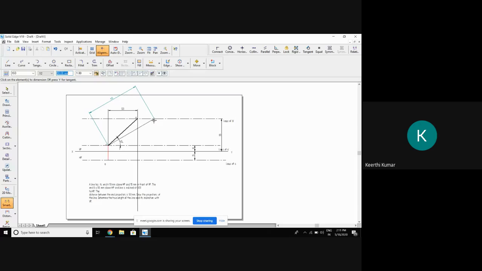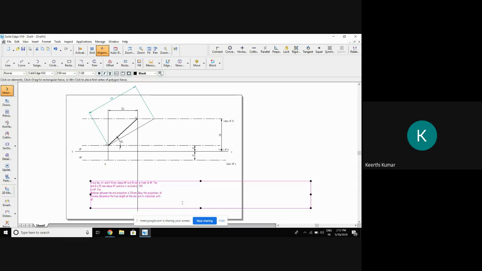So this true length will be the same. Whatever true length I have shown here, it will be the same on both sides, whether in VP or in HP. So I know this length is 90, here also it's supposed to be 90. But where it's supposed to be, that is important. That is not given in the question. What to do? Keep it aside here. Just a minute, I'll take the question on the second.